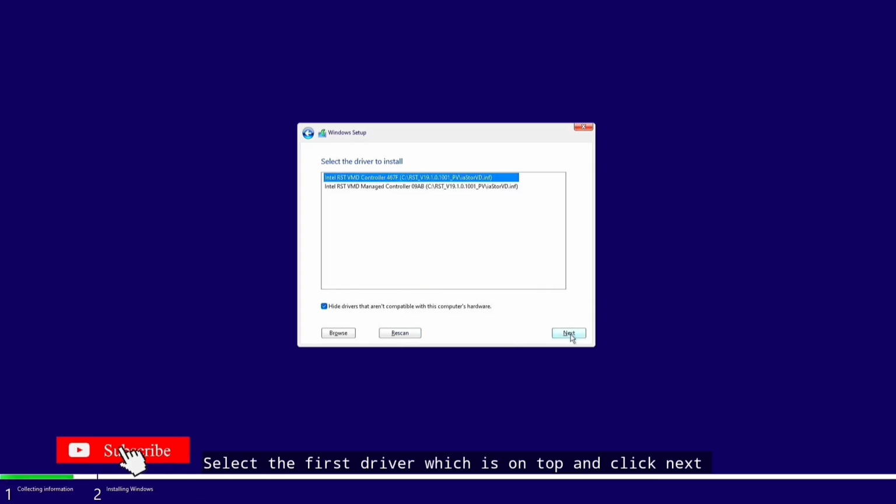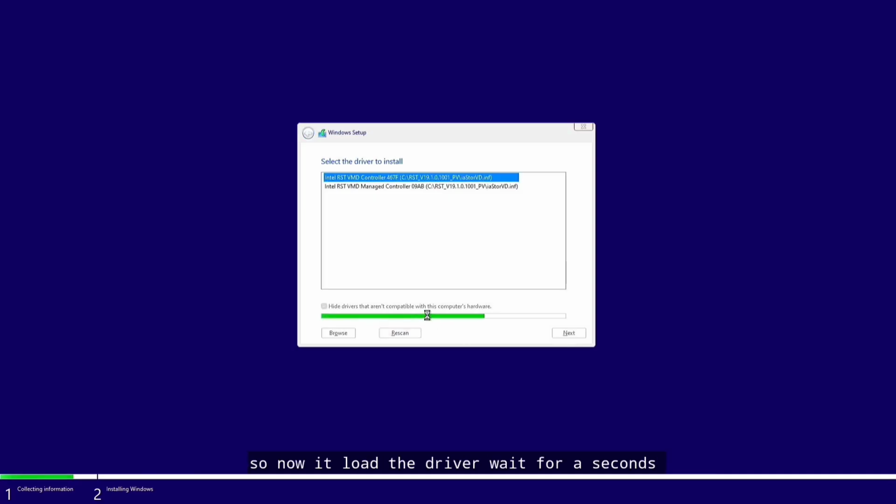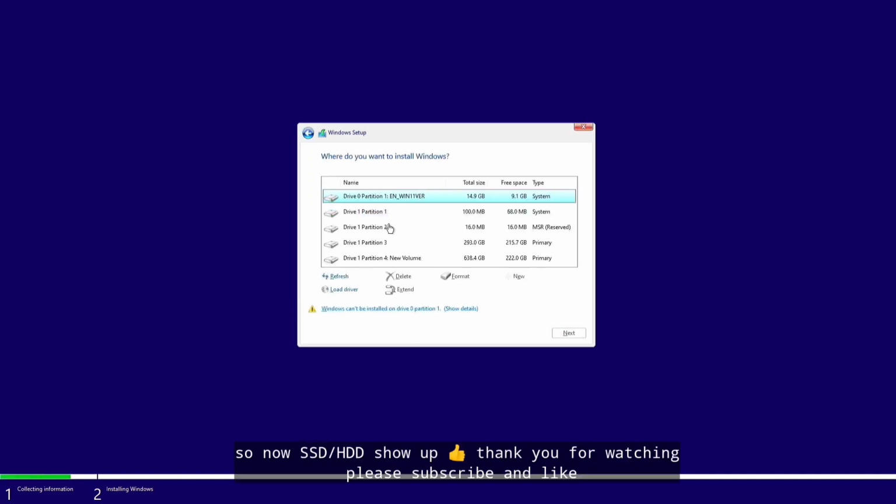Now select the first driver in the list and click Next. Windows Setup will now load the storage driver into memory. This allows the installer to communicate with your SSD or HDD. After a few seconds, Windows will automatically scan for available storage devices. As you can see, all of my drives are now showing up correctly, and I can continue installing Windows 11